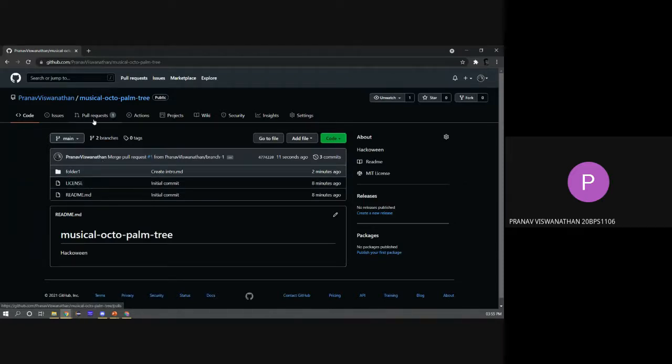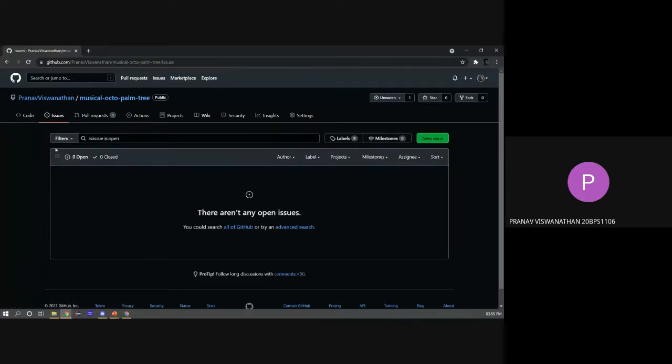So finally, what we're going to be looking into is something called issues. So what issues are is, say you have a project or say you have a website and you have a small problem. Say you have a button that needs to be centered or a div that needs to be centered. You either don't have the time or you do not have the abilities to fix that issue. So during that time, what you can do is create an issue. All you have to do is click on the new issue button over here.